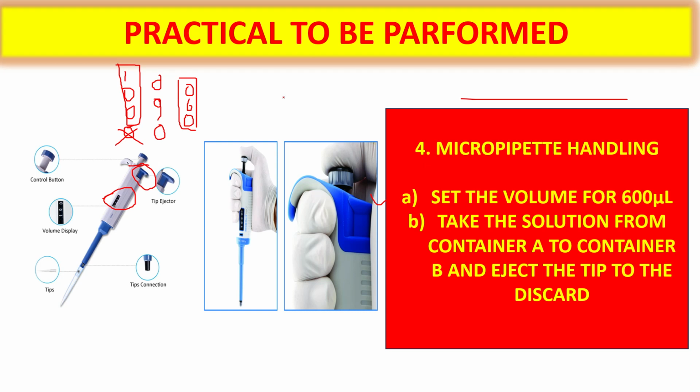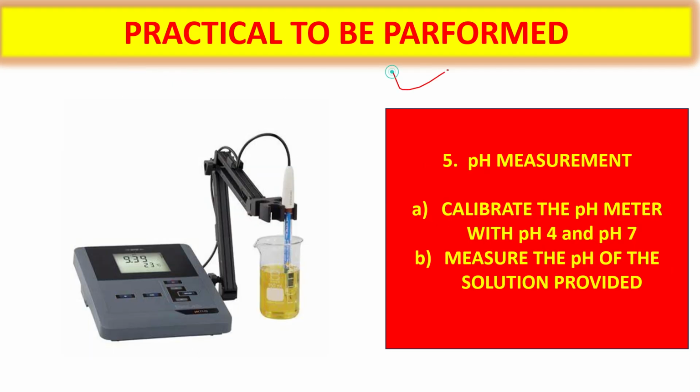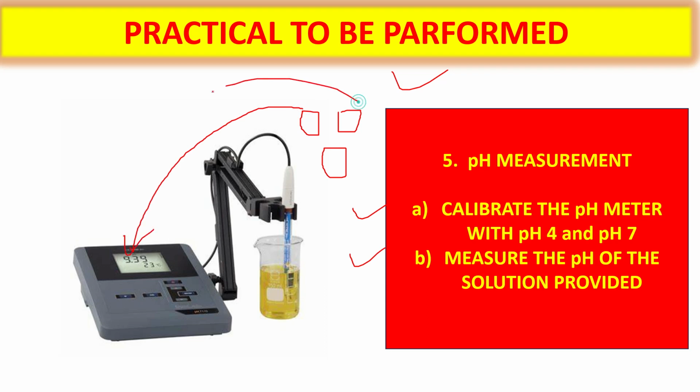So next thing is pH measurement. You have to calibrate the pH meter with pH 4 and pH 7 and measure the pH of the solution provided. So we have given a pH 4 solution, pH 7 solution and an unknown solution. Okay, so at first we have to calibrate the machine with your pH 4 and pH 7 known solution, and after that we have to measure the unknown solution